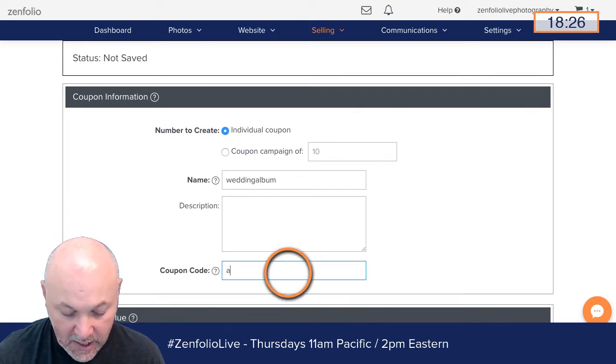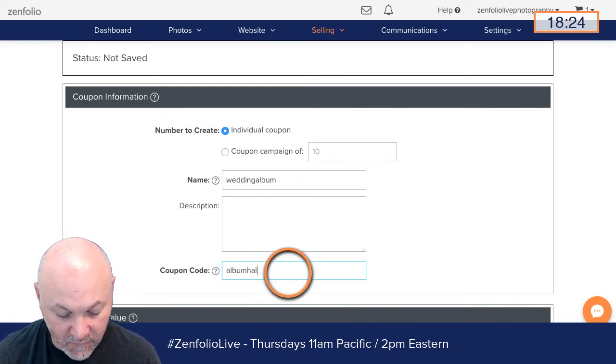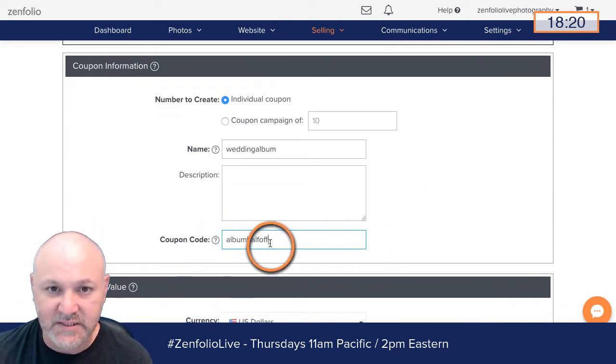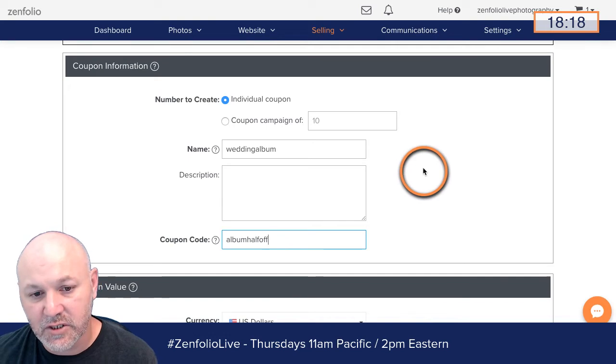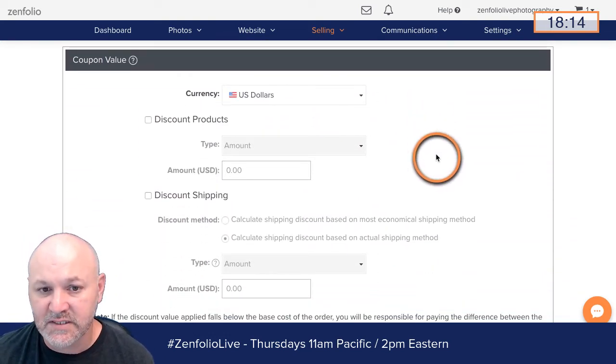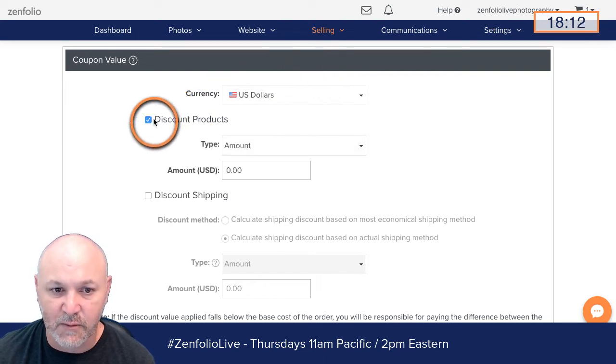So this could be album half off. This is going to be the coupon code that you give to your clients to actually use. And then what you're going to do is come down here and you're going to set up this to discount your products.